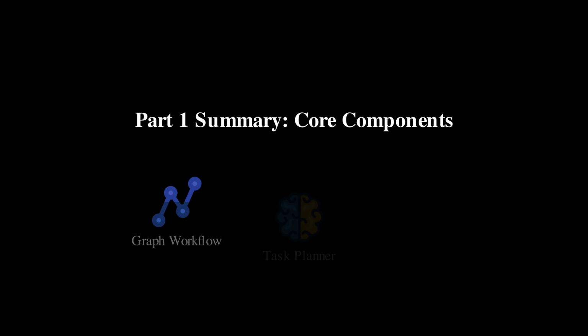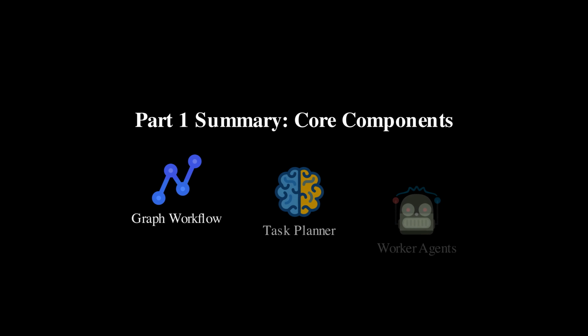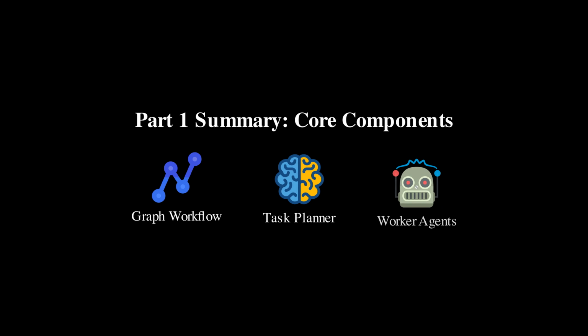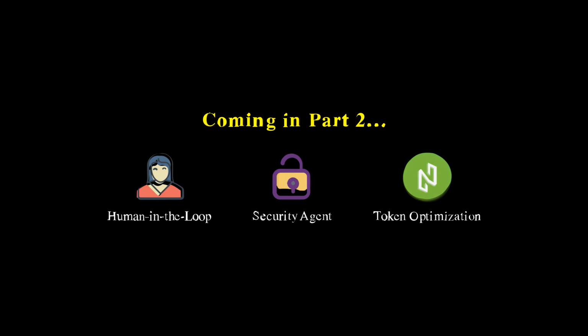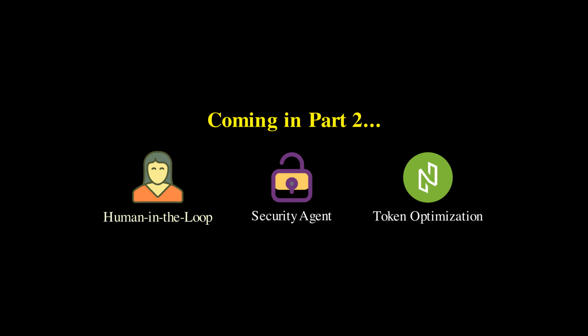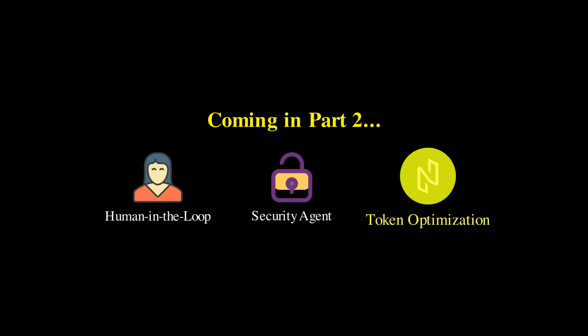So far, we've designed the major components of our AI agent: a core graph-based workflow, a task planner, and specialized agents for ingestion, retrieval, and communication. But to make this system truly robust, we need to cover 3 more critical areas. Subscribe, and in Part 2, we'll dive into human-in-the-loop for data hygiene, security agents to prevent attacks, and advanced token optimization to keep it